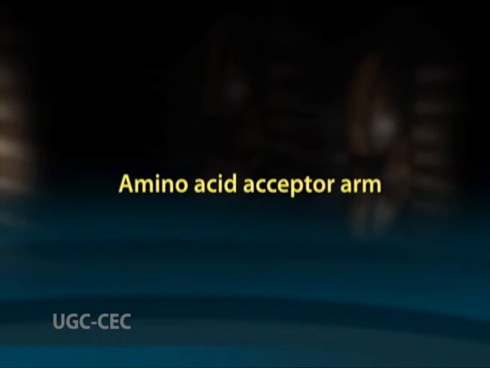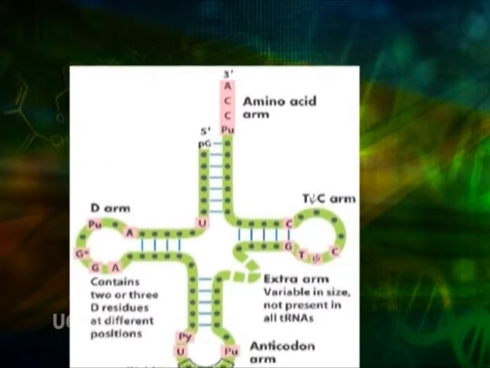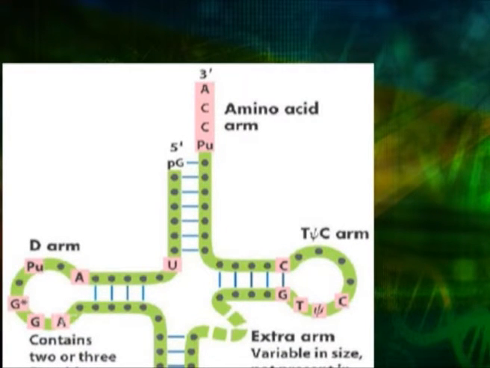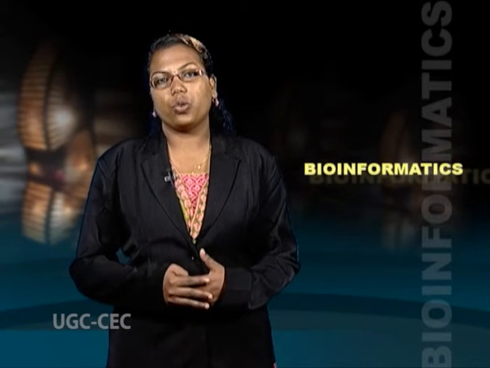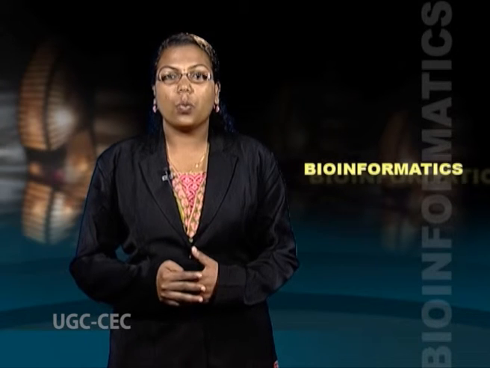Amino acid acceptor arm. It is made by pairing of the 5' end, which almost always ends in G and is phosphorylated, and the 3' end, which ends in CCA-OH. The amino acid is bound to the 3' hydroxyl group of the adenosine at the free 3' end of the acceptor stem. The amino acid is attached to one end and the other end consists of 3 anticodon nucleotides. The anticodon pairs with the codon in messenger RNA, that is mRNA, ensuring that the correct amino acid is incorporated into the growing polypeptide chain.